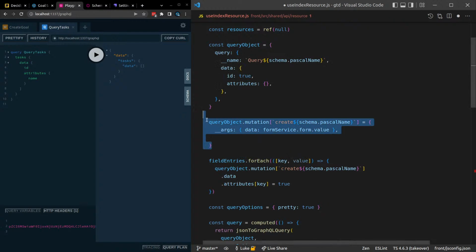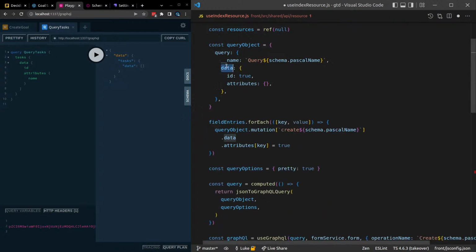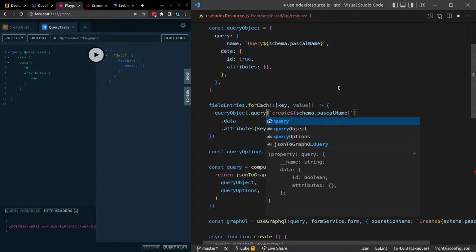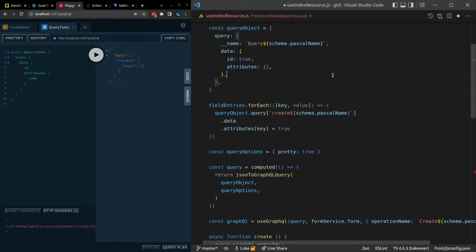So for the query aspect, I want you to give me the data back with the ID and the attributes. Okay. Now for each of the field entries, we want to say query object, not mutation, but dot query, and then